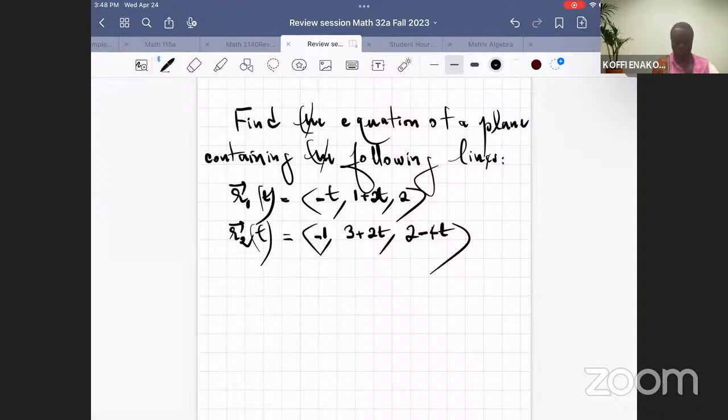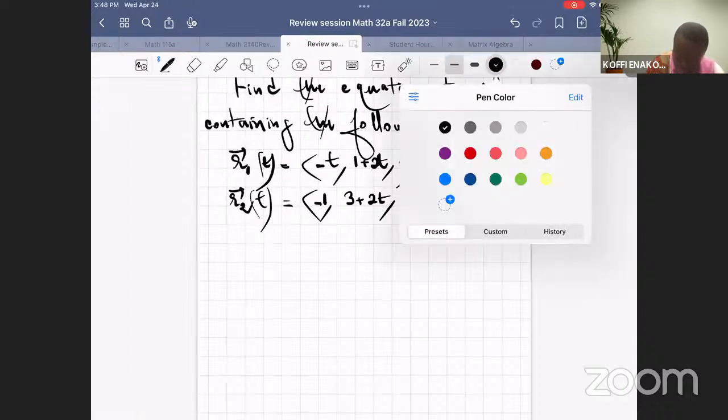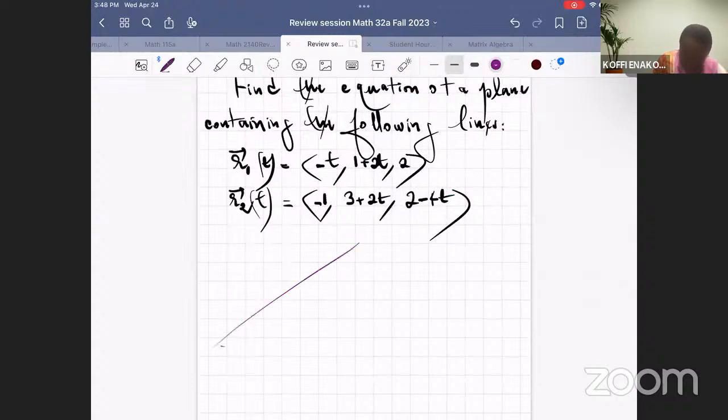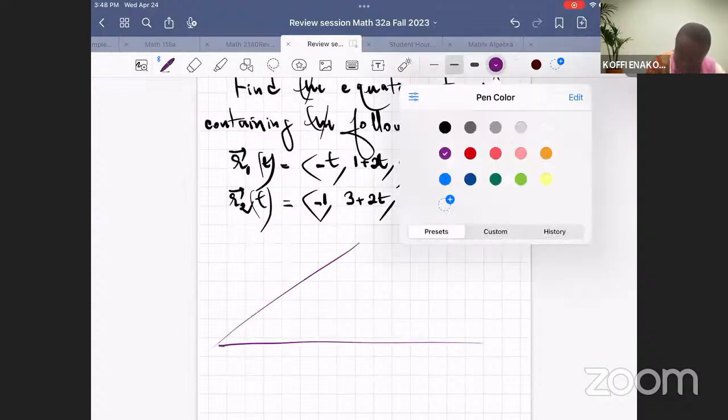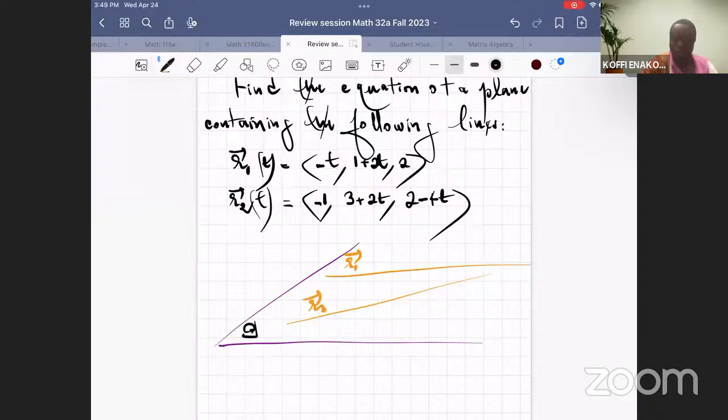So we want to find the equation of a plane that contains those two lines. So if the plane looks like this, then let's just say these two lines are like that. I have R1 and then R2 over here. It's just an example. Okay. So the plane P is the one with